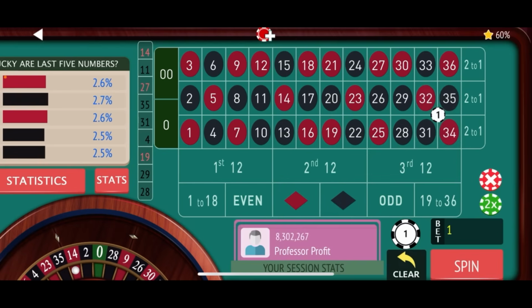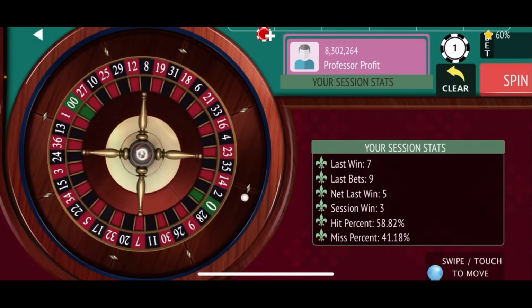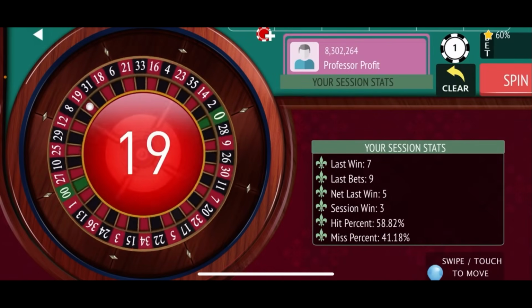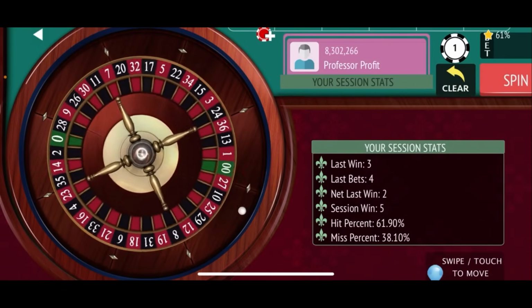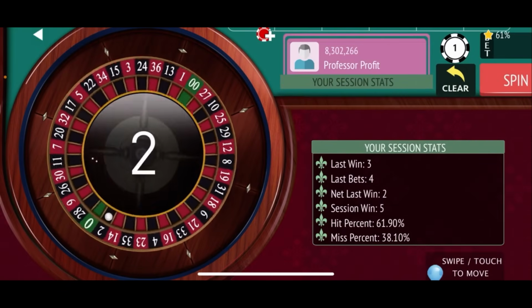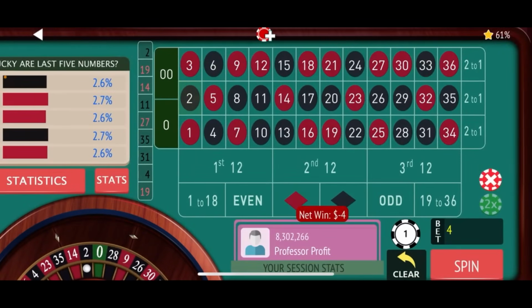We'll pick up the 31, 35 corner because the 32 and 34 are red and they connect. And then $3 on the color red, and we're spinning, sitting at $3 right now on the session, trying to get to 50. So there's a win there, so that puts us up to 5. We win $2 on that one, so let's rebet and spin again. And there's 2 black, so that's a loss. So we'll just rebet,